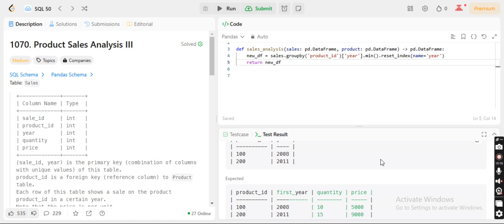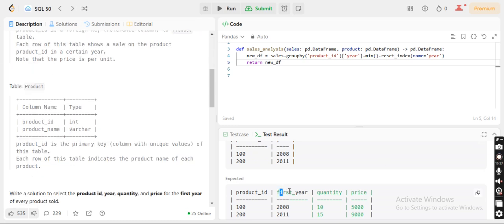So here we got the first two columns. The first column is this, first year. And okay, let me just do one thing for making it more clear. I just tell this as first year itself, right?